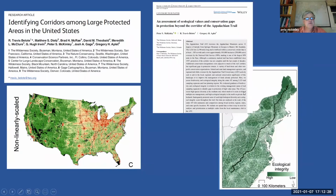I alluded to the national level work that I've talked about on the right. This is a map of the ecological integrity of the eastern forest from Georgia to Maine along the Appalachian Trail. A lot of my work includes trying to conserve a larger swath of land adjacent to the trail. Dark green means high ecological integrity or low human footprint. High ecological integrity is roughly an index of fidelity to pattern and process prior to settlement, prior to European settlement anyway. And the paper on the left was done at the national level, and it's always nice to see that when at these national levels, Maine pops up